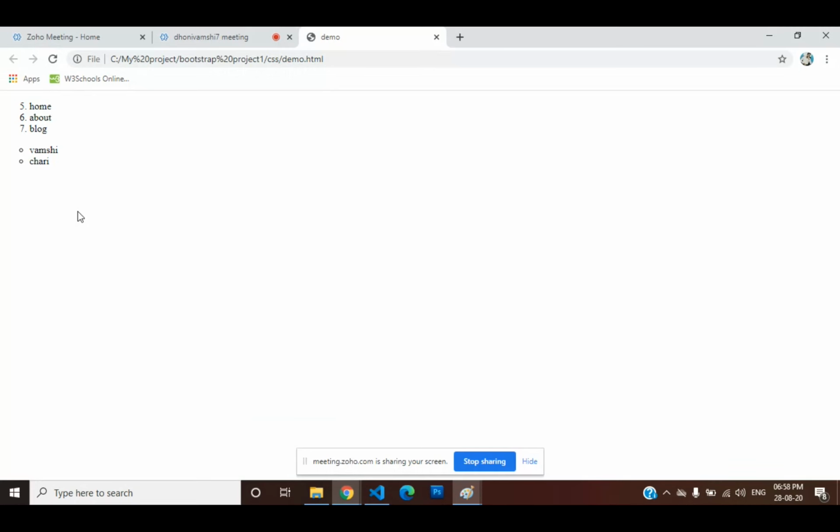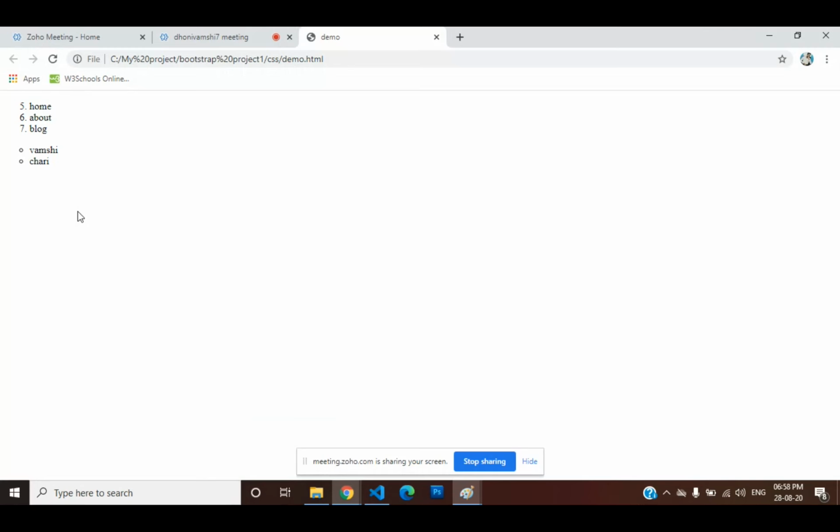Now coming to nested ordered list. Nested means what? The elements which are present within an element. Please note down and make a heading, nested ordered list.